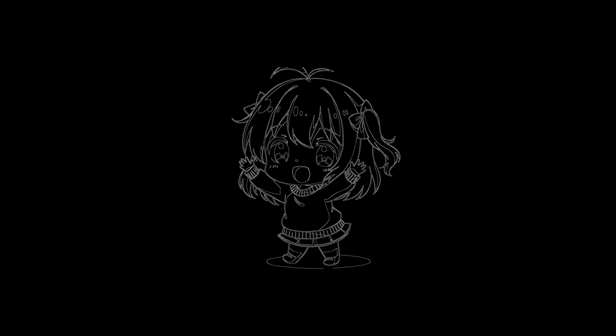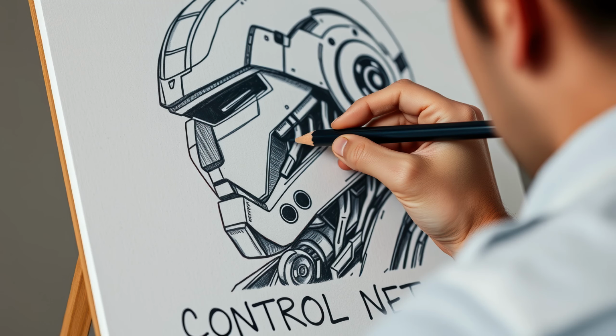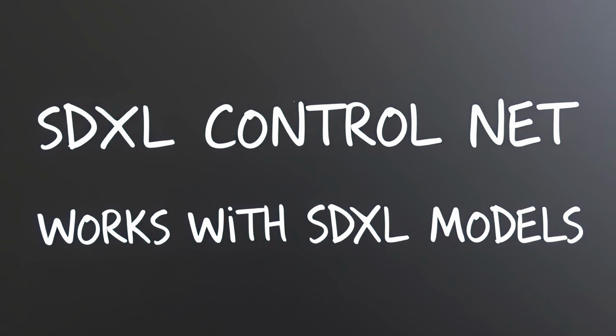ControlNet is a guiding tool for stable diffusion that helps the AI create images according to a specific structure or style you want. Think of it like an artist who's skilled at painting, but sometimes needs a sketch to get started. A ControlNet acts like that initial sketch, guiding where and how to paint. Training a ControlNet model involves teaching it to match specific inputs with the desired images using a set of examples. ControlNet models are designed to work only with the particular AI model they were made for. For instance, a ControlNet for SD 1.5 works only with SD 1.5 models, while a ControlNet for SDXL is compatible